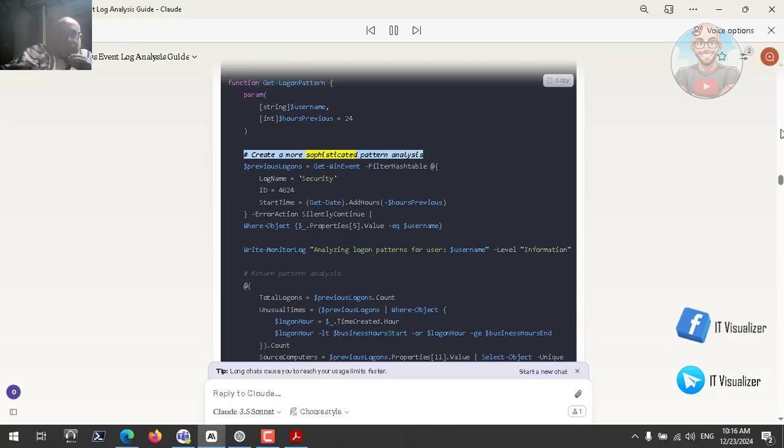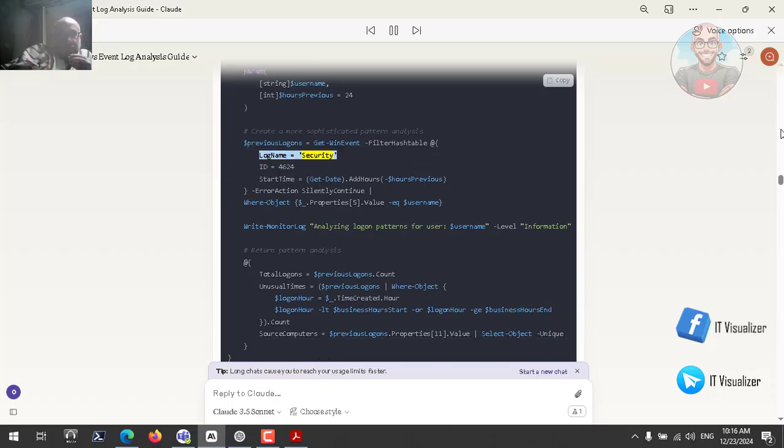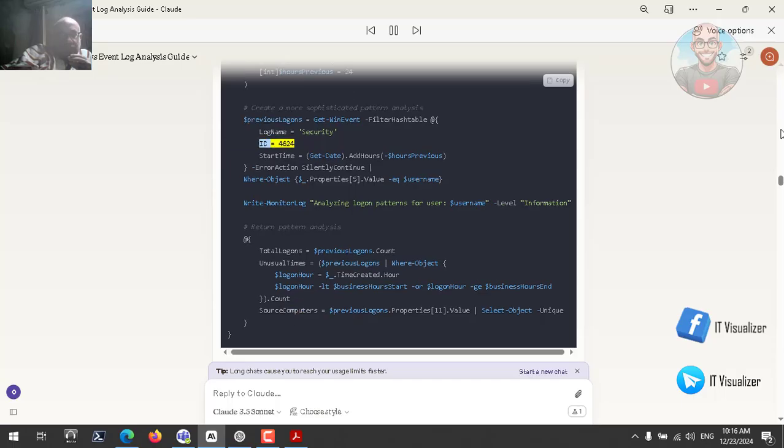# Create a more sophisticated pattern analysis. $previousLogons = Get-WinEvent -FilterHashtable @{LogName = 'Security'; ID = 4624; StartTime = (Get-Date).AddHours(-$hoursPrevious)} -ErrorAction SilentlyContinue | Where-Object {$_.Properties[5].Value -eq $username}